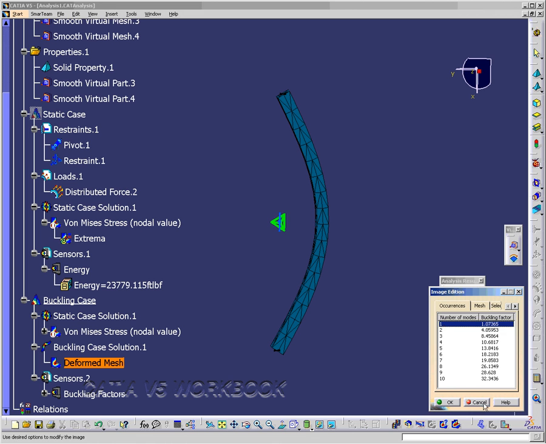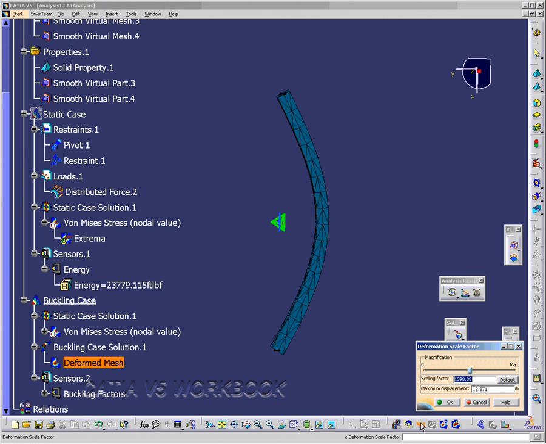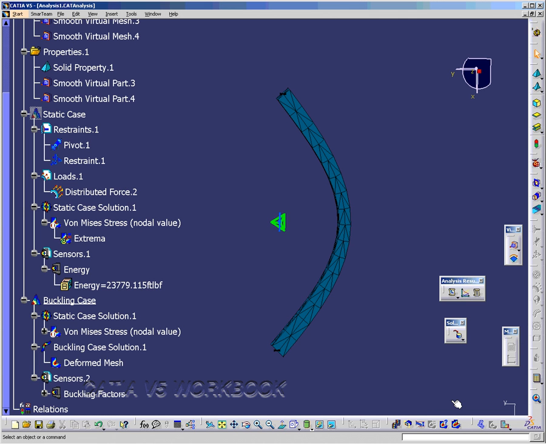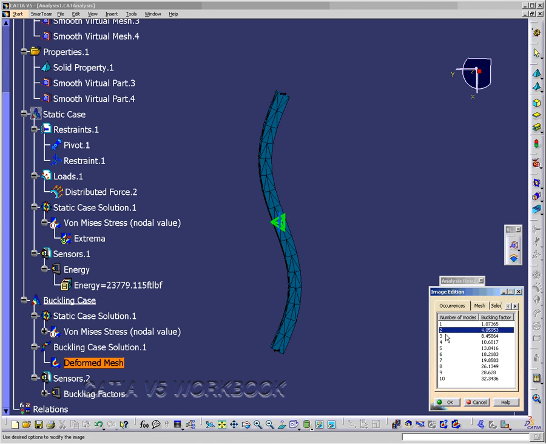There's 1, and now I can also use the deformation scale factor to get